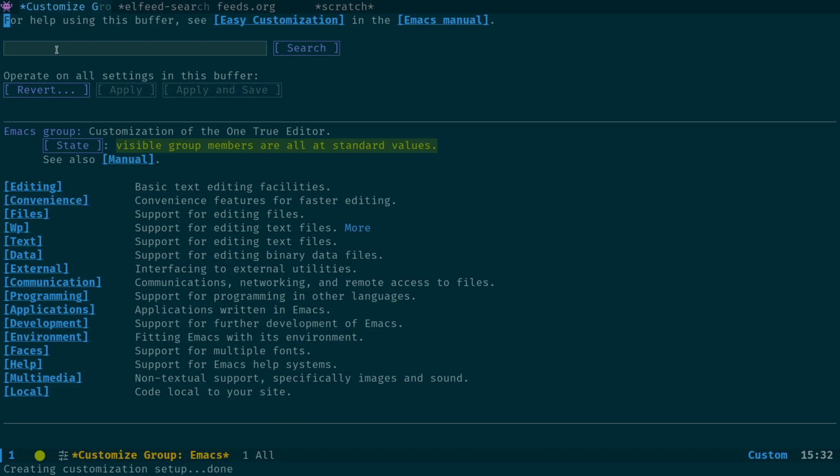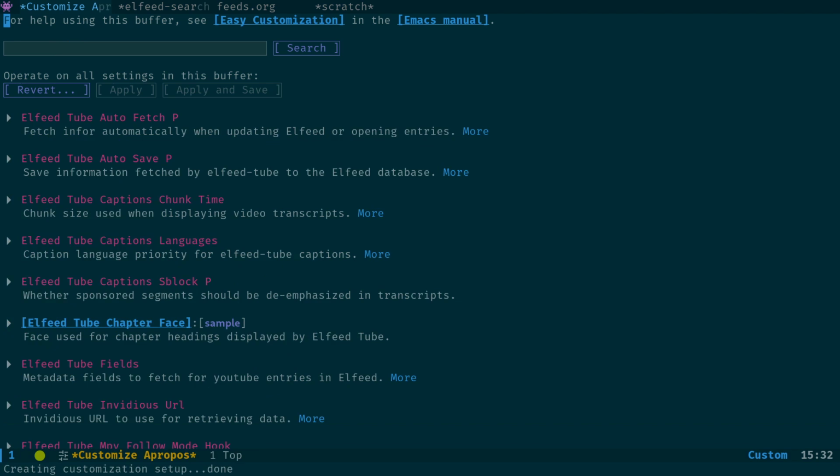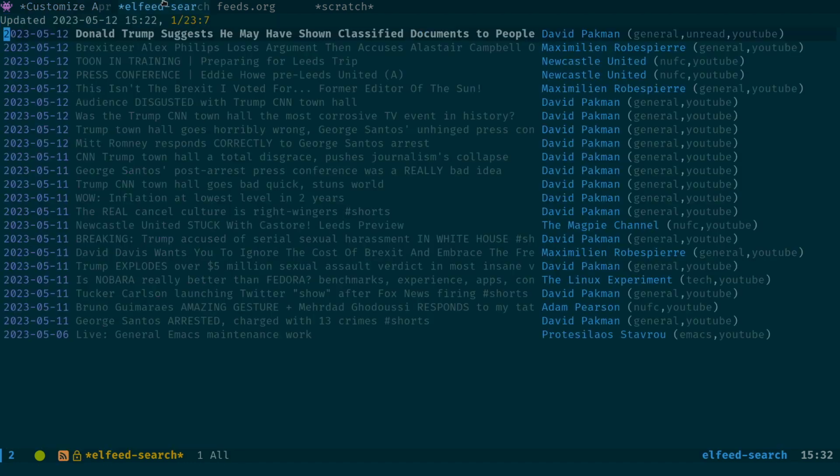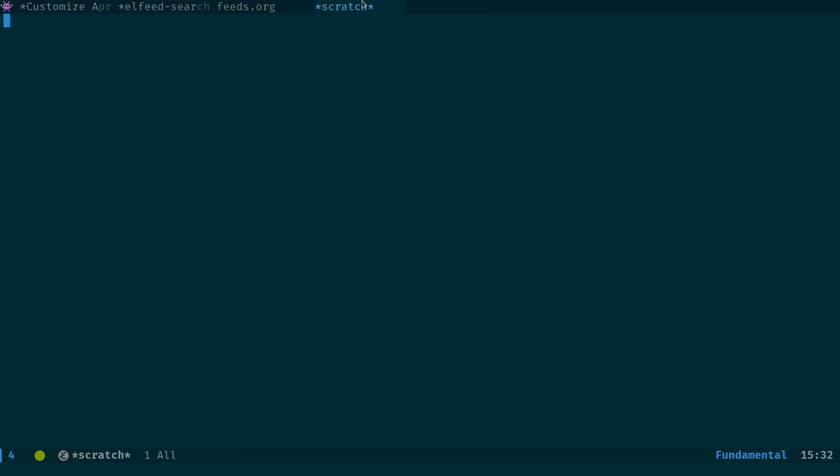You can customize a lot of the settings, and the way you do that is by running customize. If you come across here and go to tube, what you see is a list of the options that you can set. And if I just come across to my scratch,